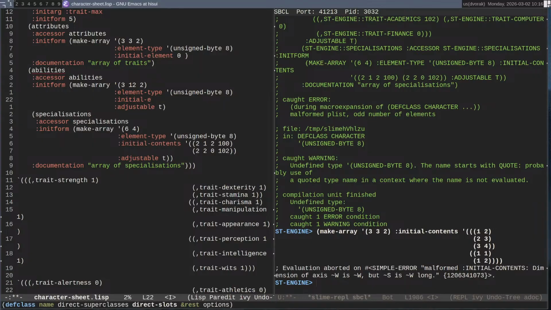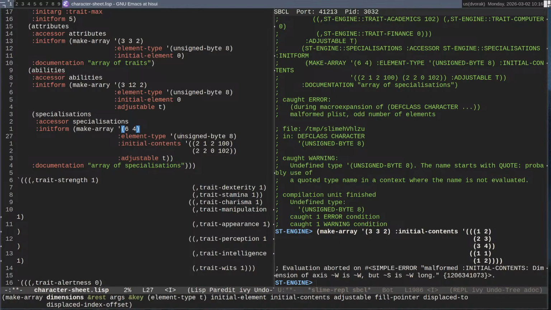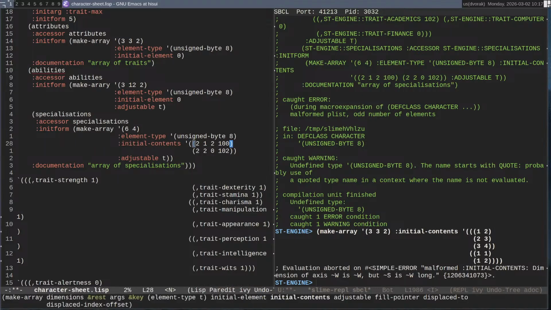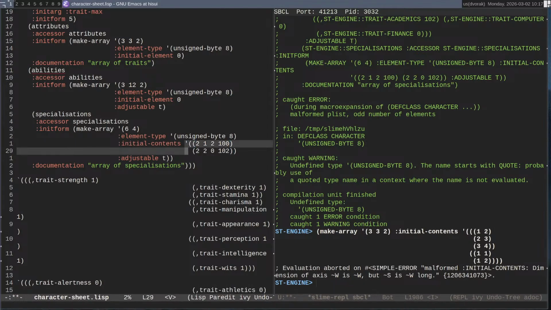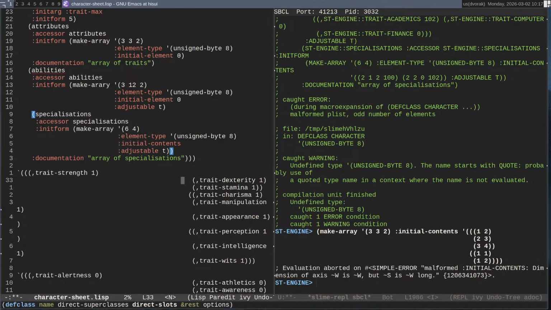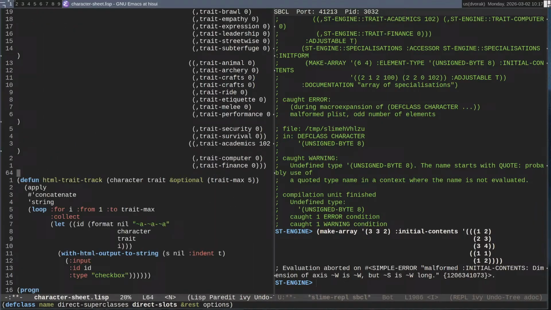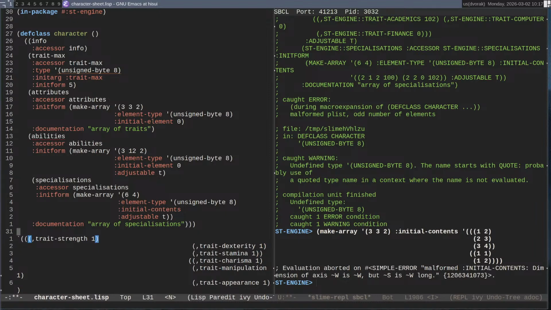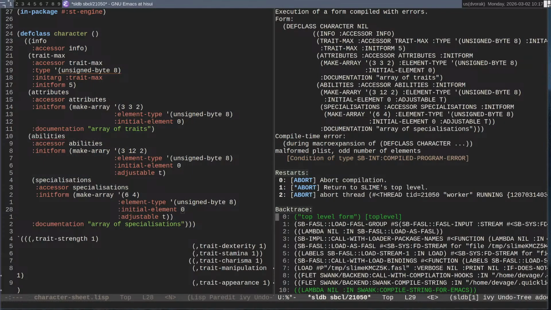Initial element to 0. And can I compile this one?